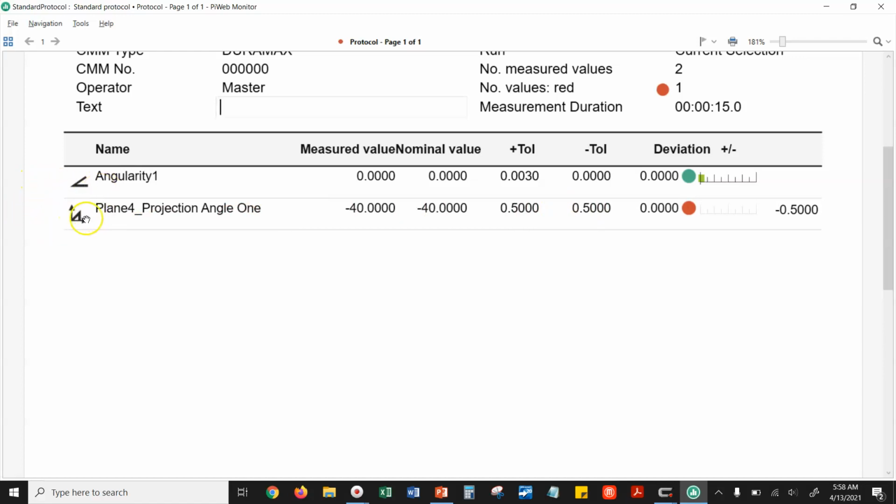One is a regular degree dimension. The other one establishes a theoretical perfect location or angle, and then you work in thousandths of an inch from there. And the same goes for perpendicularity and parallelism. Remember, both of those are just angularity with predefined nominal values of 0 or 90 degrees,